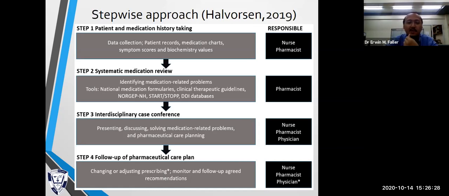No, there's no such thing as that. We need really to collaborate. No matter how good your particular pharmaceutical care plan is, whether it's perfect or a very good intervention, if the recommendation is not approved and agreed upon by the doctor and nurses, then it's futile, it's useless. Okay? You need really to collaborate.